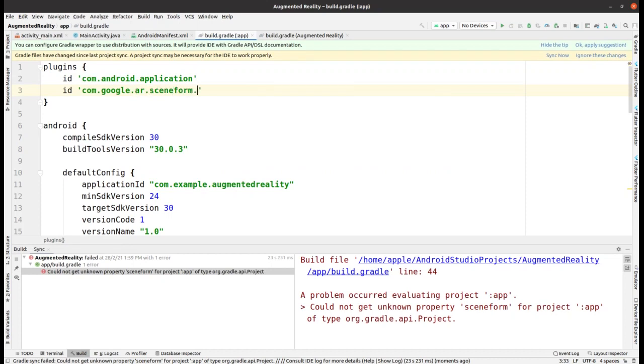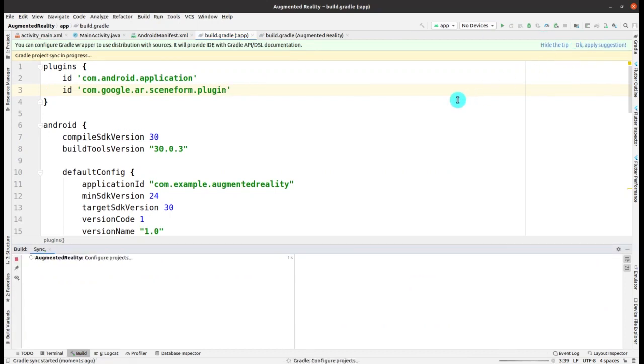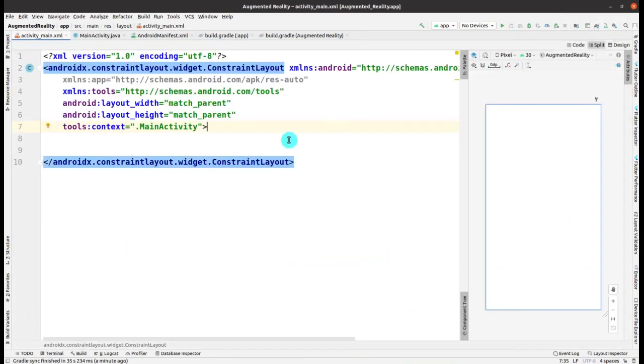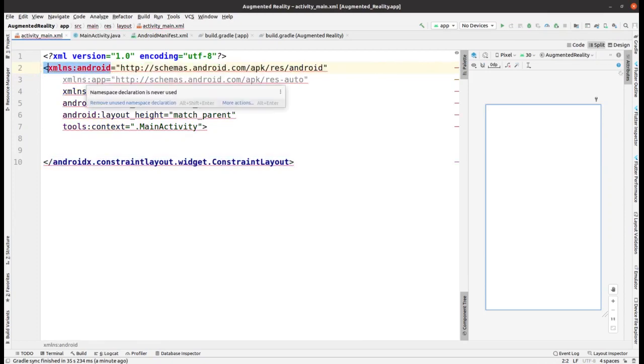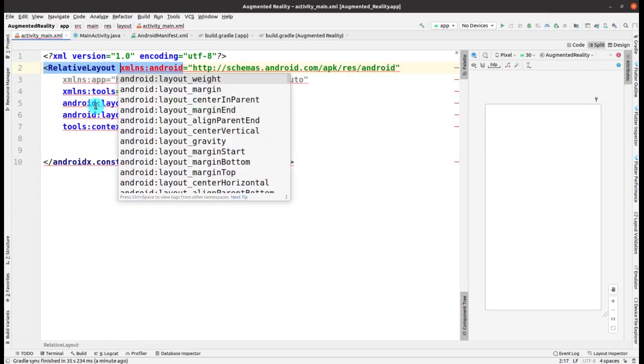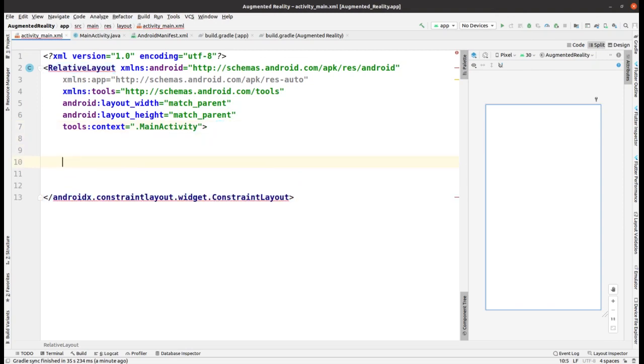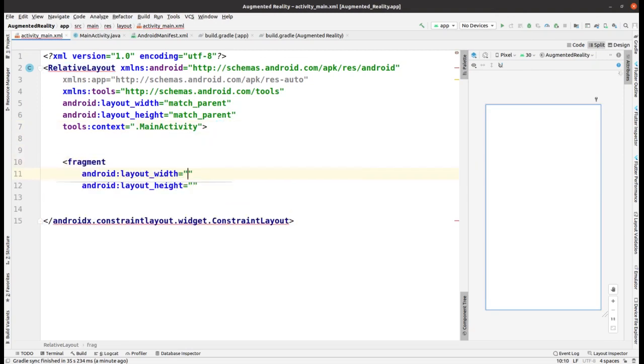You also have to add this plugin called id com.google.ar.sceneform, and here you have to give this plugin. Now click on sync now, everything will go in a flow and you will not find any errors. So no error occurs right now, and here you have to add RelativeLayout instead of ConstraintLayout, and within this relative layout you have to add something.